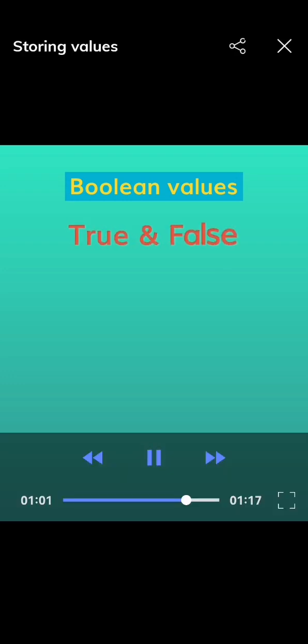For decision making, JavaScript uses Boolean values. These Boolean values are true and false. For example,